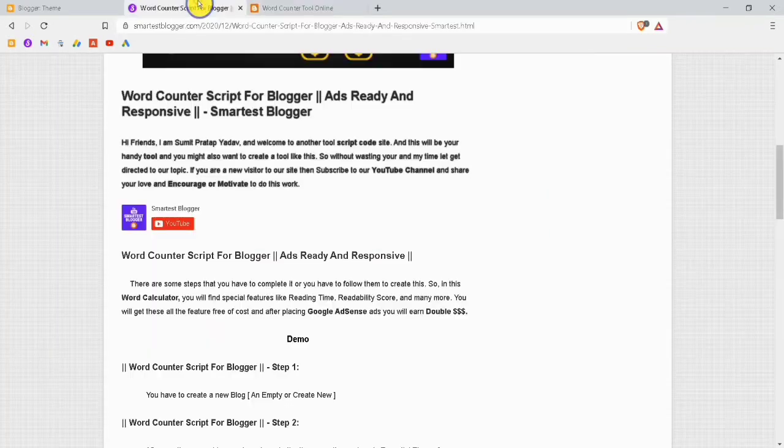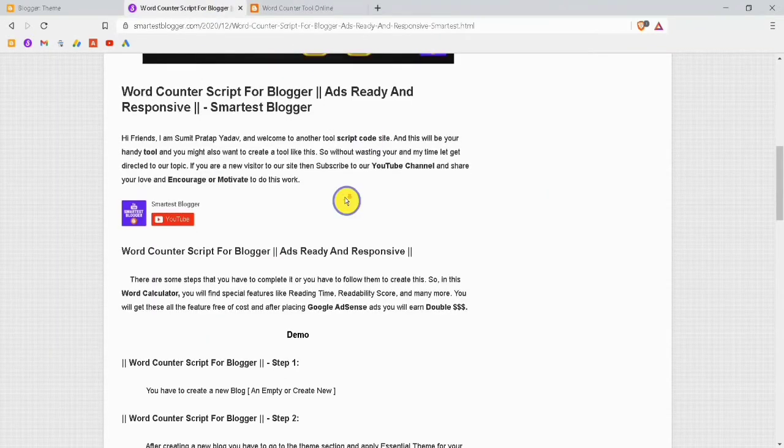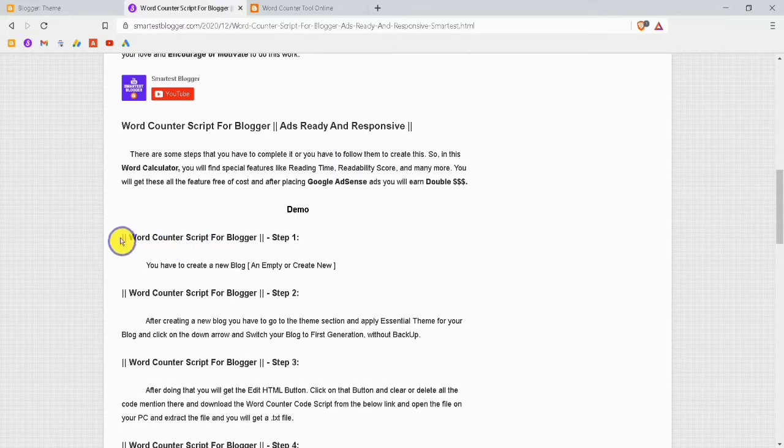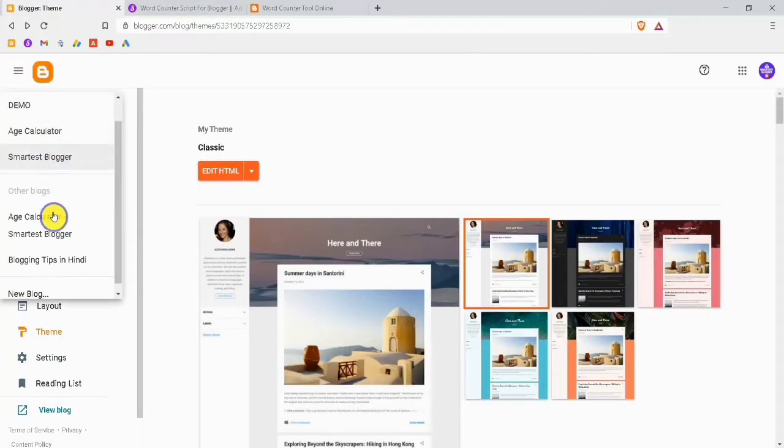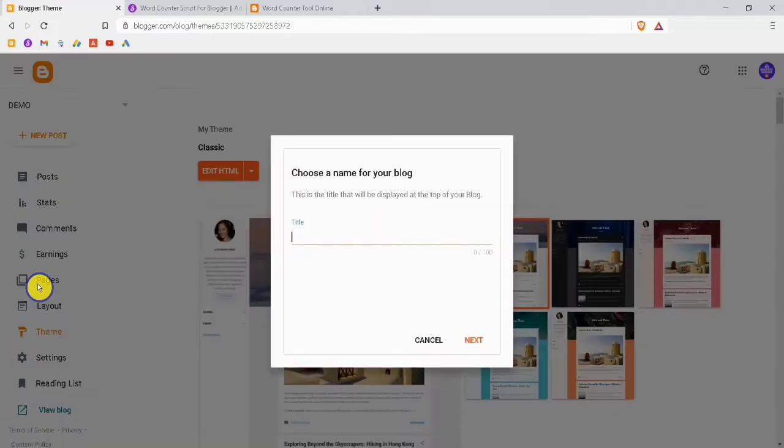So if you also want to create a tool like this, follow the tips mentioned here. Our first step is to create a new or empty blog. So I will go to my Blogger dashboard and create a new blog. I will give the title as word counter.